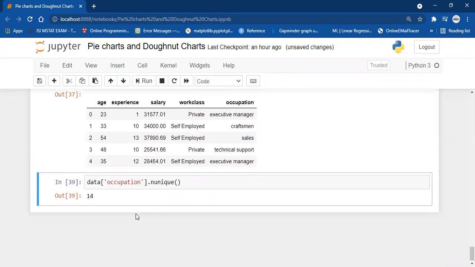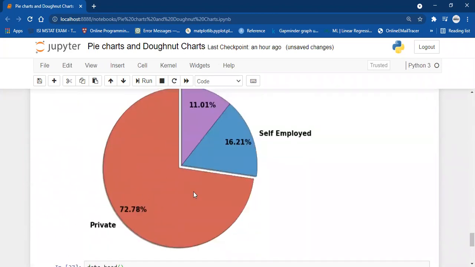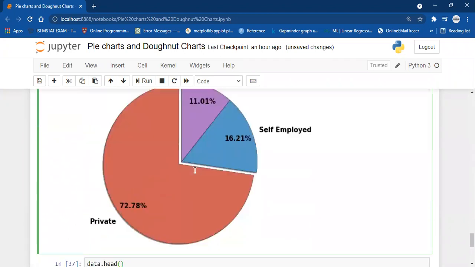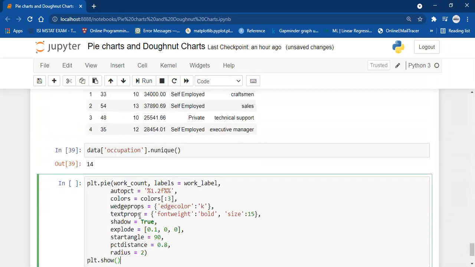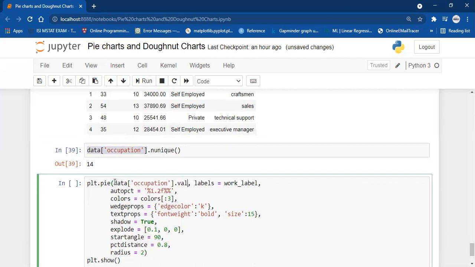So I'm just going to do the same thing, but I'm going to copy the code and paste it here. What we want is basically the count. So how can we do that? I'm just putting it directly over here, as I have already explained how this works. Value underscore counts, then to list. And in labels, we just need to put the index values as well.